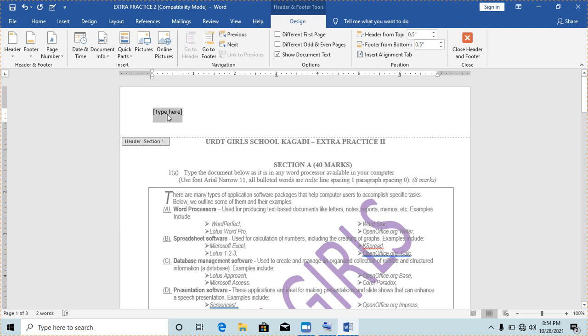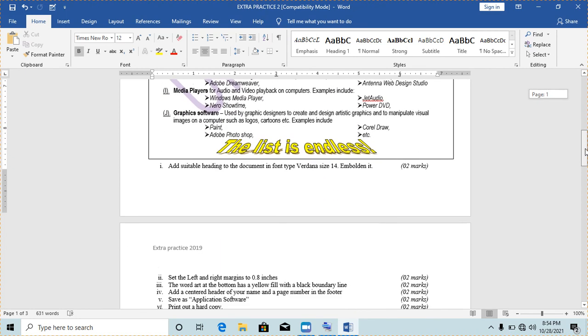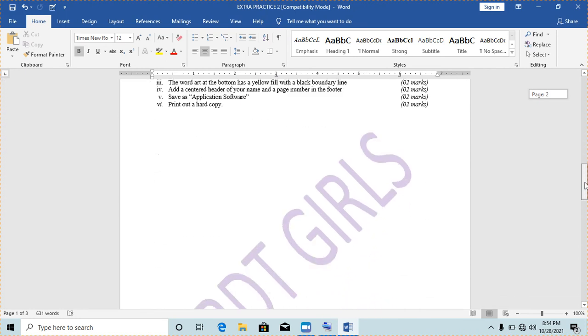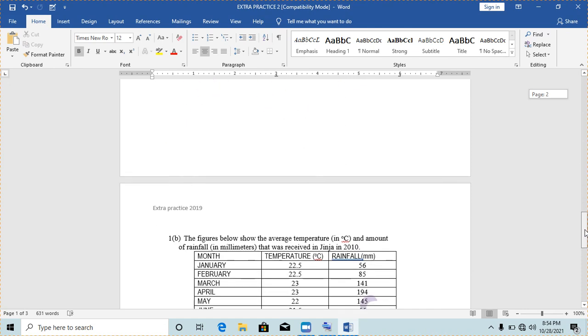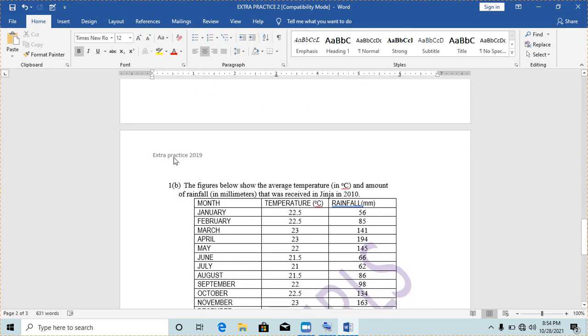So I can type extra practice 2019. So I'll put this in the header, and then I'll close header. So I'll have this phrase extra practice 2019 in every header on every page. Like here I have 3 pages, and on each of these pages I have the words